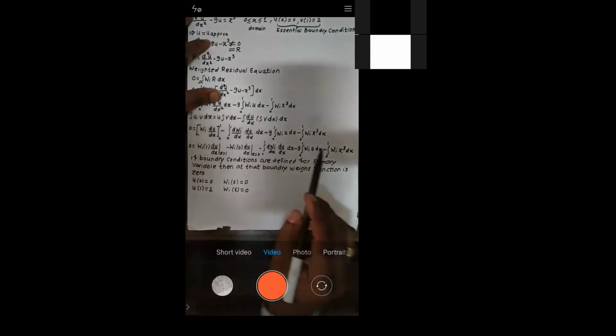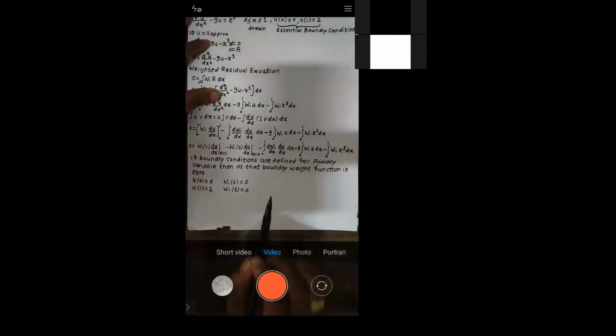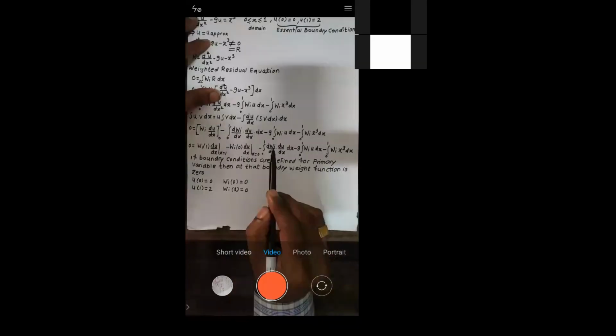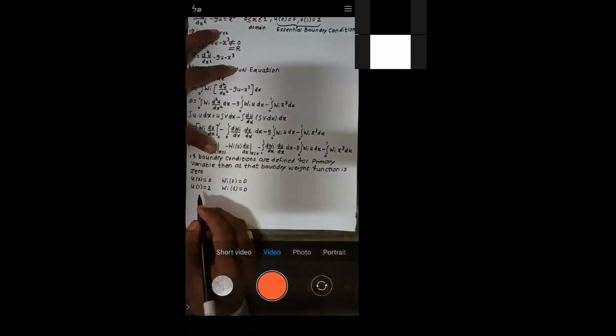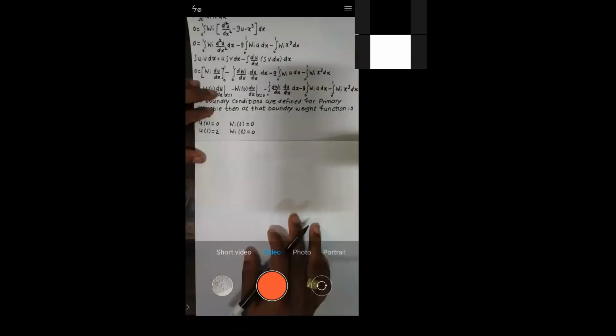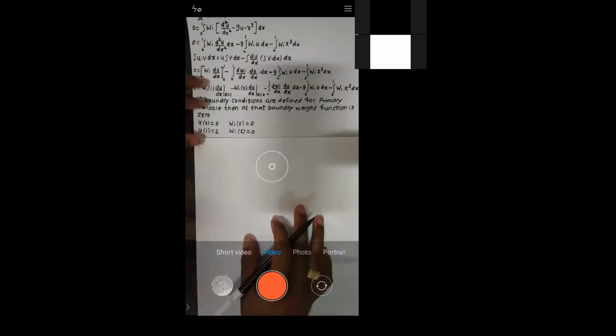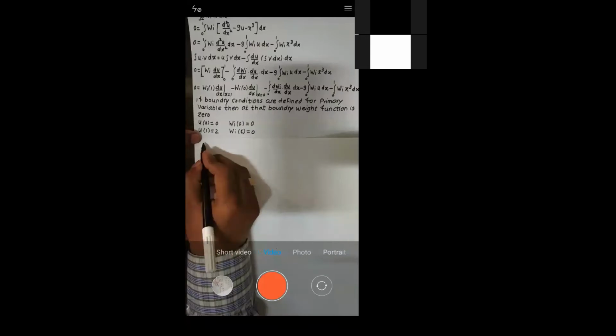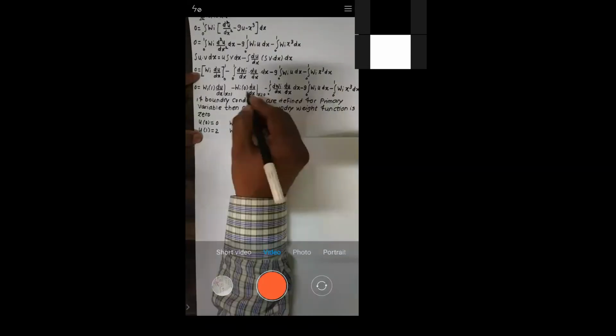So these three terms are remaining. So what I will do is I'll just bring these two terms on the left hand side, right? See, when I bring these two terms on the left hand side, what is remaining is, see this minus, if you bring it on left hand side, it becomes plus. So it is 0 to 1